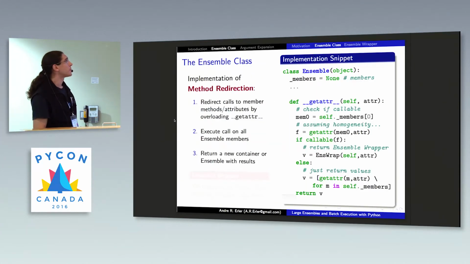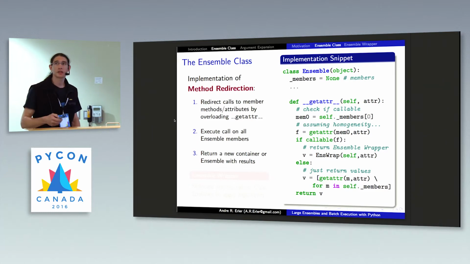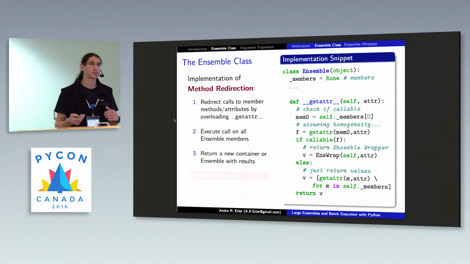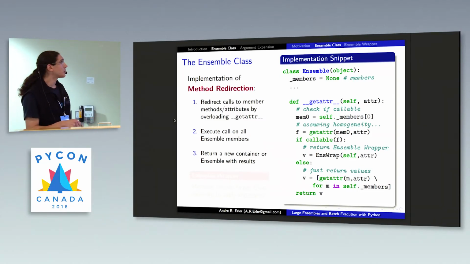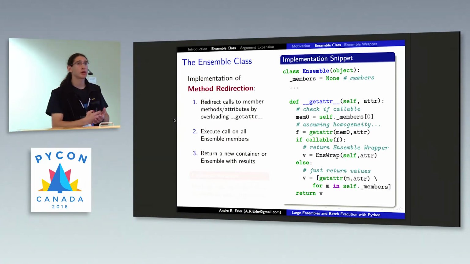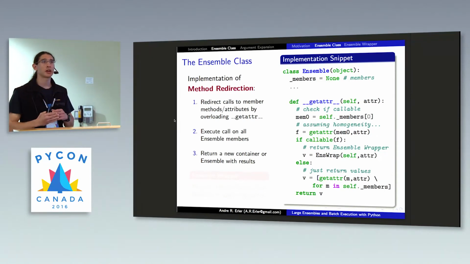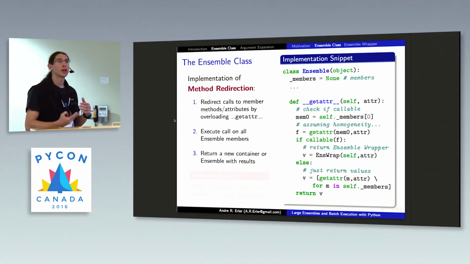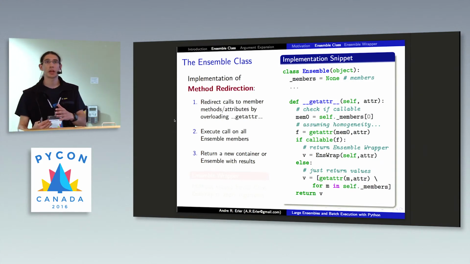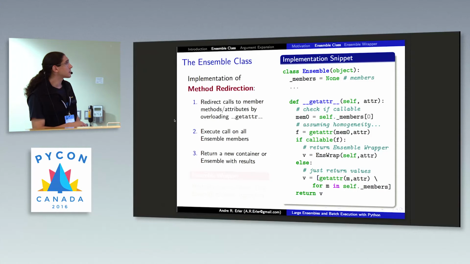Otherwise, it's not that useful. The more complicated part of this implementation is how to redirect the method calls or attribute calls. I do this with a get attribute. And basically, if you call an attribute or a function on a class that is not a class or instance method, then it goes into the get attribute, and then you can implement how this will be resolved. And in this case, it will be resolved by taking the attribute from the ensemble members,